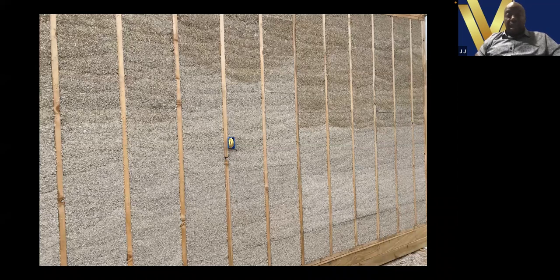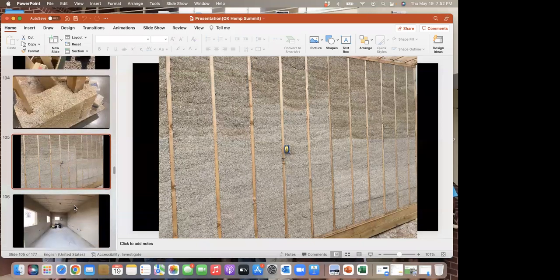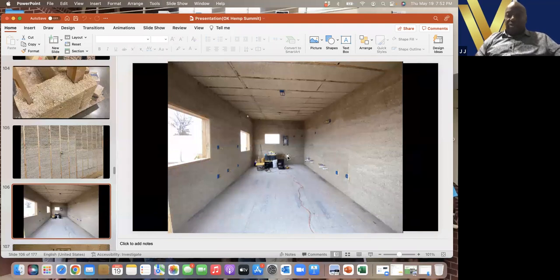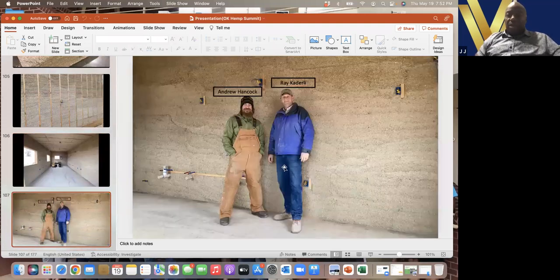They actually have spray applications for it now as well, where you have machines that will actually spray hempcrete into walls. And this is kind of what the finished product looks like on the inside. And my buddy Ray